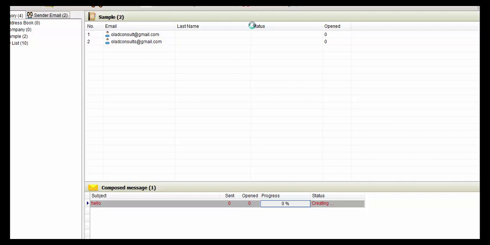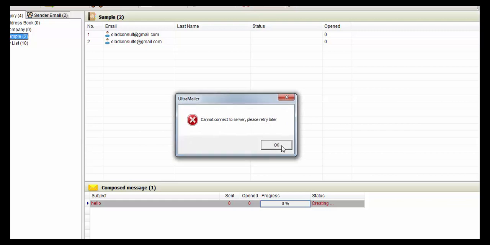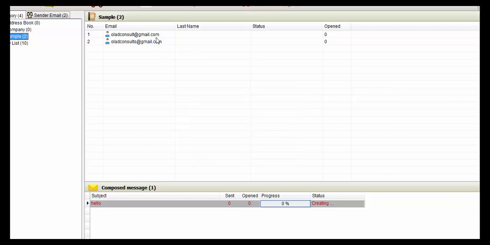My network is doing, cannot connect. You can see, I can't even click on start now. I can't even stop. Let me stop this.